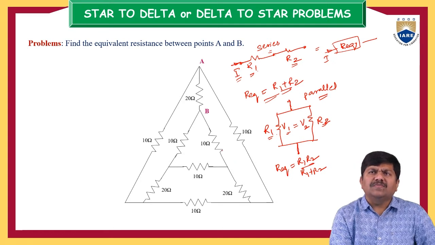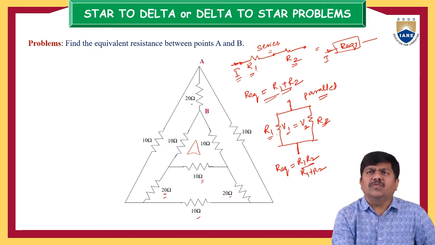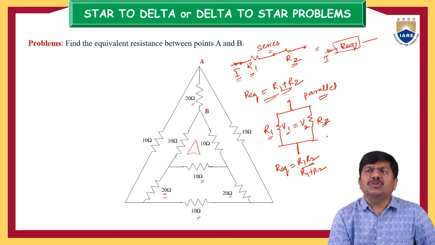In this one, we have this particular delta connection, and one side has a 10 ohm resistance, and this is the 20 ohm resistance. This is again 10, 10, 20, and 10 ohm, and this is the 20 ohm resistance. Suppose you want to make use of these principles, series or parallel connection. We ensure the series and parallel combinations by looking at the current and the voltage. If the current is not divided, then that is series. If the current is divided such that the voltage drop across the elements is the same, then that is a parallel combination.